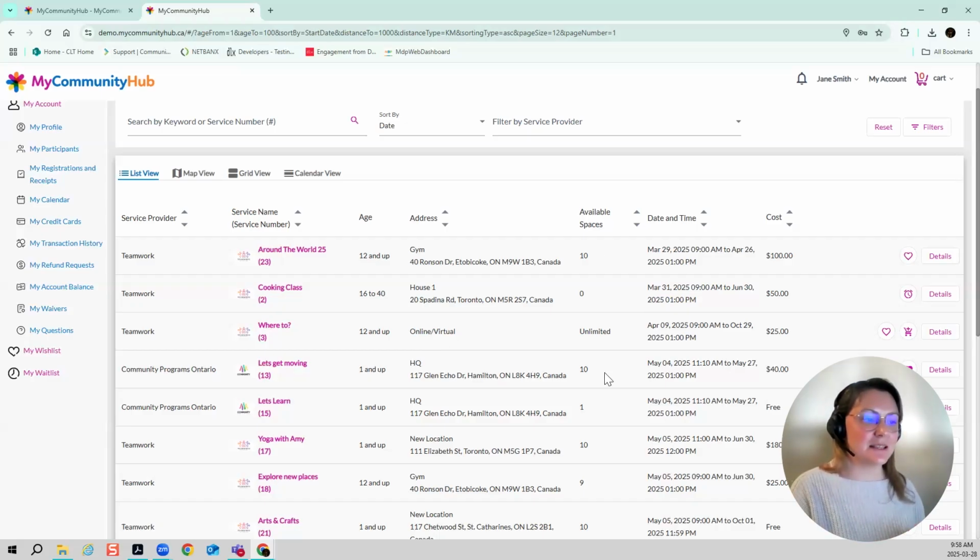And then, of course, we have our spaces. So how many spots are available to sign up for? And you'll see that we have the ability to add as many spaces as we want. We have the ability to select unlimited, meaning that there isn't a cutoff. So as long as the program registration is open, as many people can sign up. And then you'll see that some have 0.